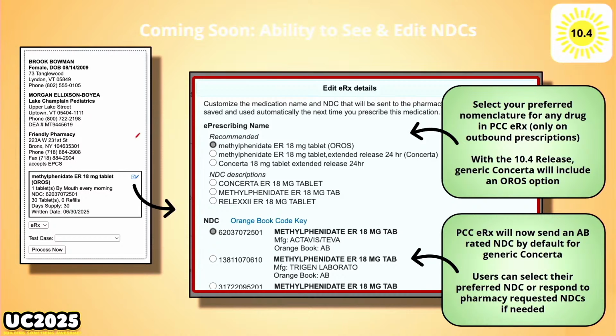So if you're not having problems, don't change anything. Just let it ride. If you want to pick one of these other names, you can do that. And if you want to specify what NDC you're using, you have that flexibility as well. Dewey and I spent a long time working on this and pondering stuff. If this isn't solving your problems, please don't suffer. Please give us a call because we want to get back to the drawing board about this.